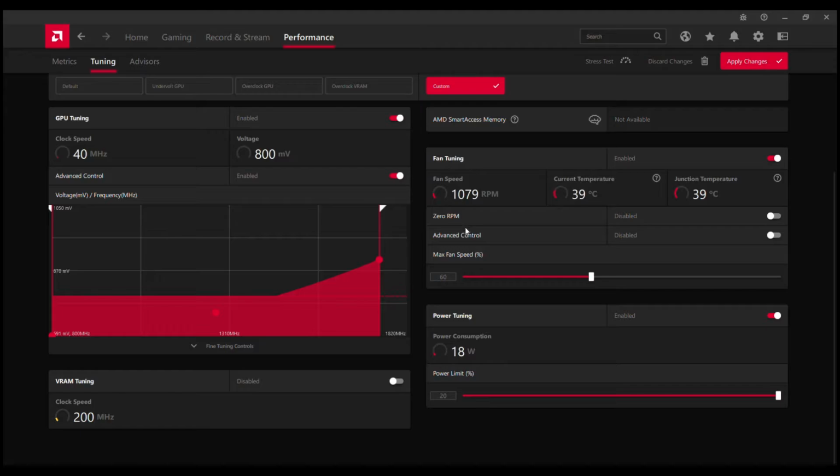With 0 RPM disabled, as you can see, it lies within 40, even less degrees Celsius.